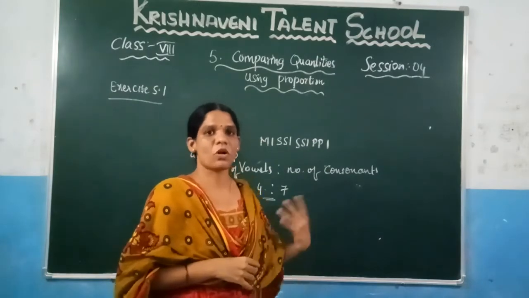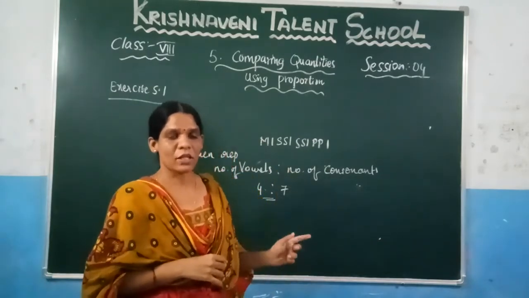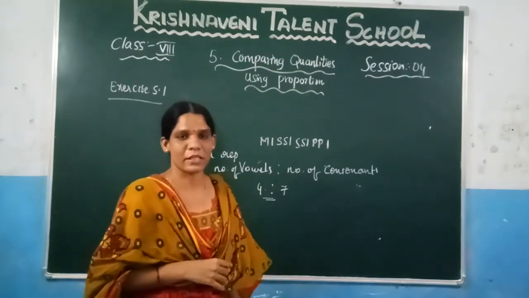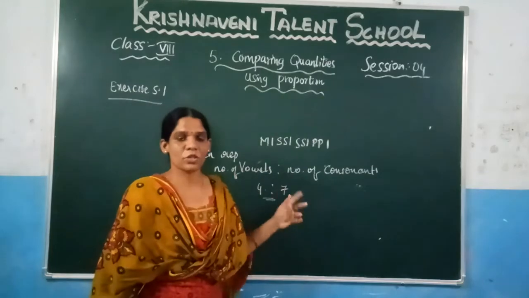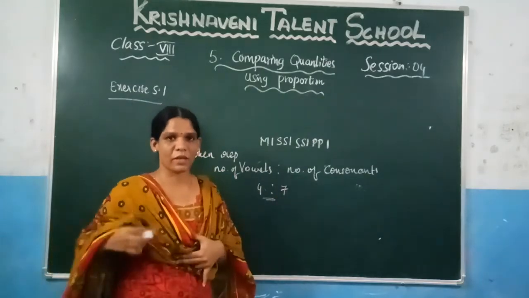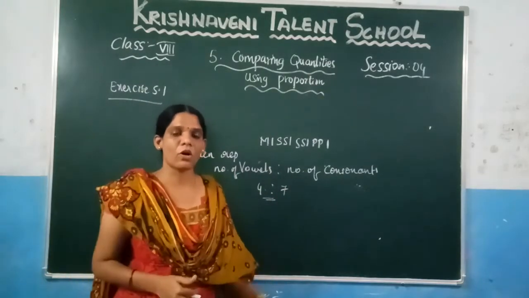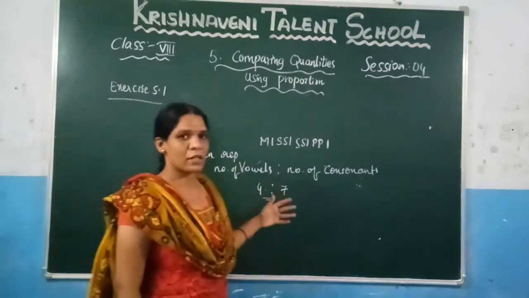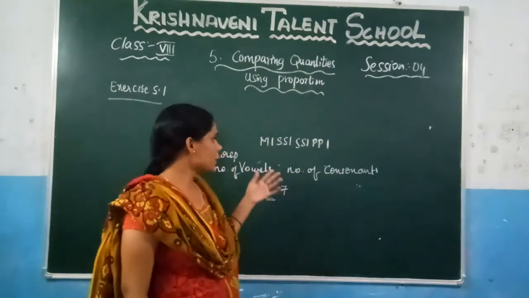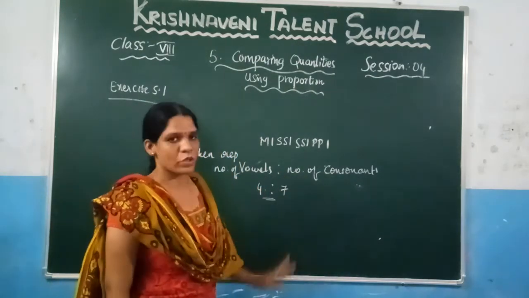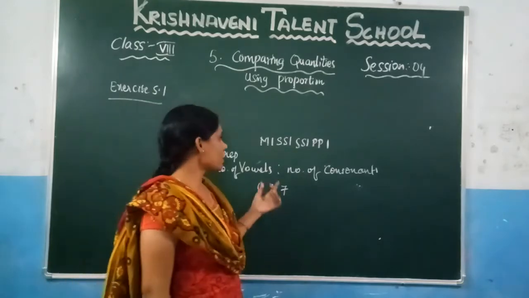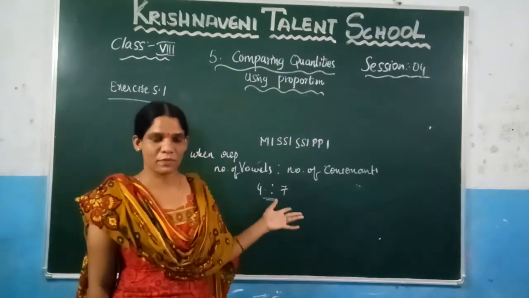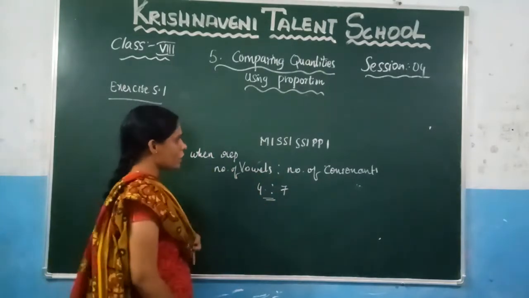When the repetition is not allowed, that means you need to consider each letter only once. If you find it like that, what will be the ratio? You can find the ratio in 2 ways. In the question they did not specify whether the repetition is allowed or not, but in the questions they may ask, so we are doing it both ways. When the repetition is allowed, the ratio is 4:7. That means you need to count every letter. When the repetition is not allowed, now let us see.